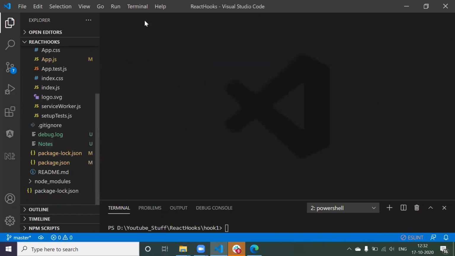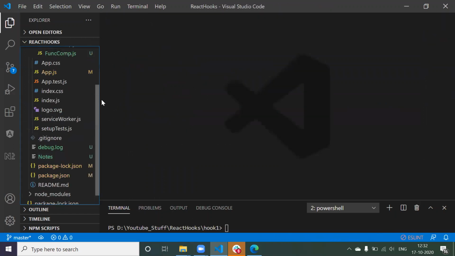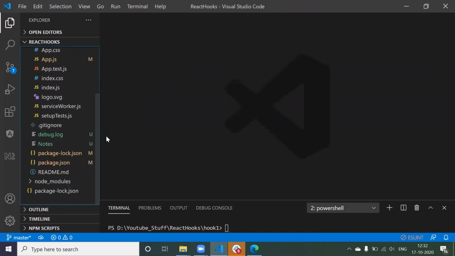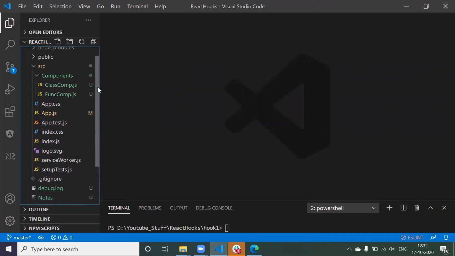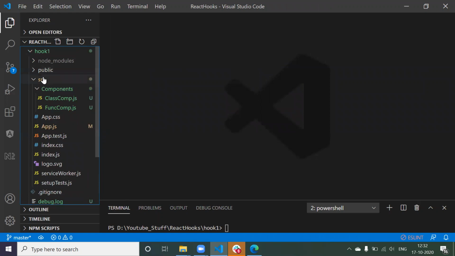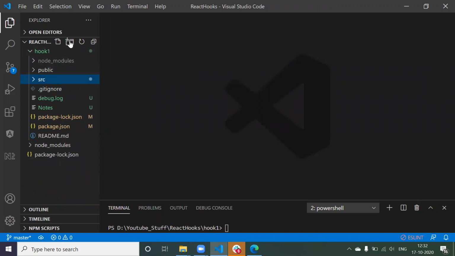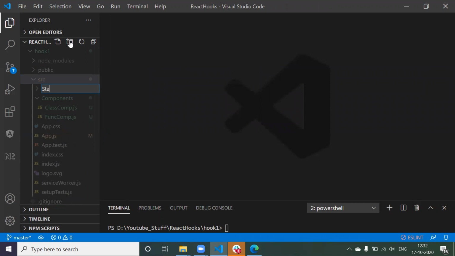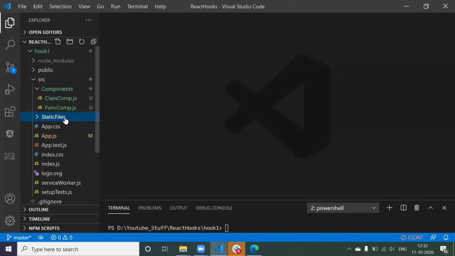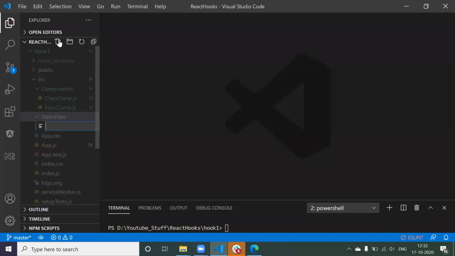Now let us understand a little bit more complex example. So I hope the concept is very clear for you guys. Now what I wanted to do is create a folder here in src called static files. In this I wanted to create a file like info.js.